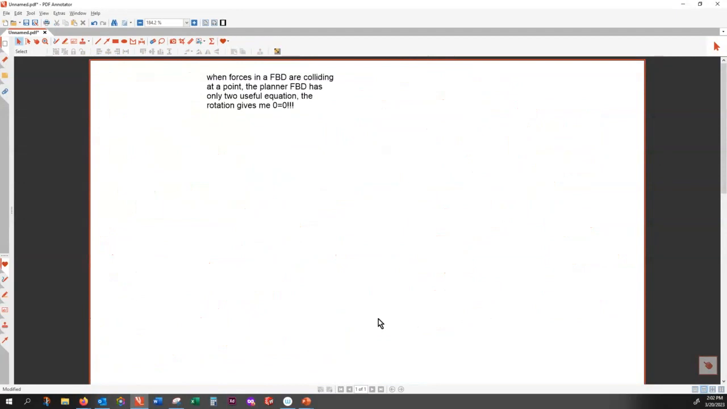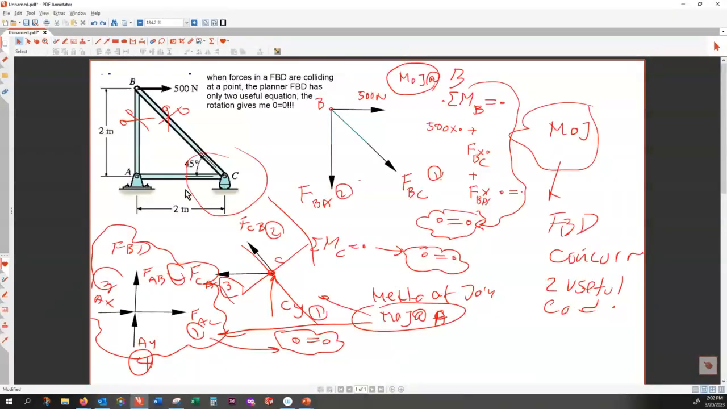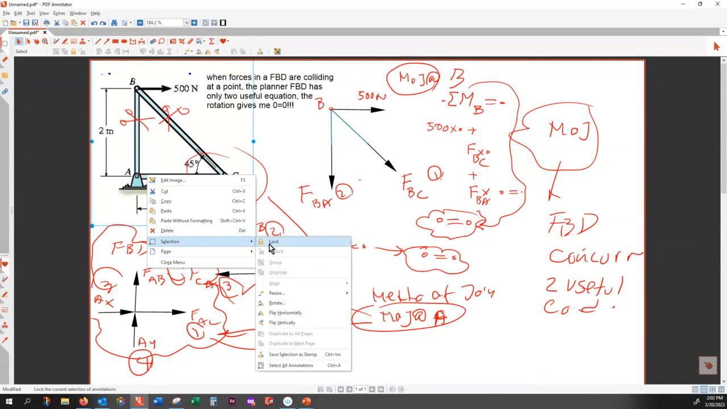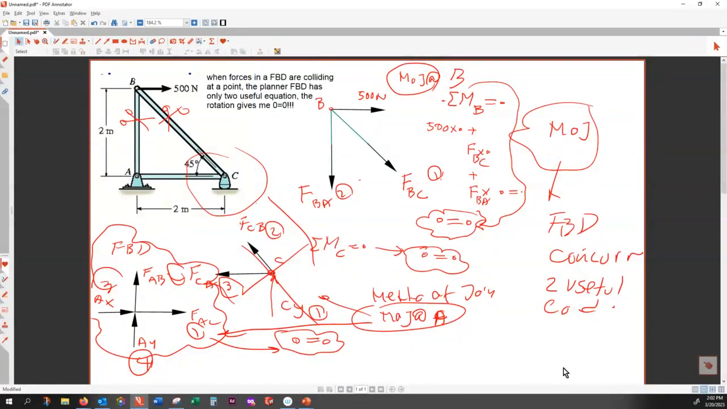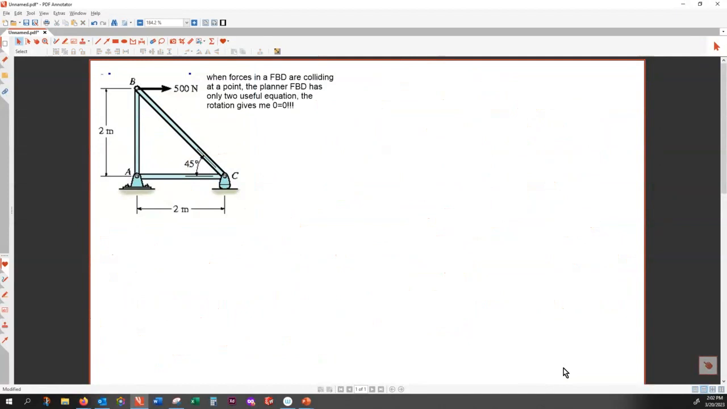So for the very same problem, here what I needed was a strategy. So my strategy is I start